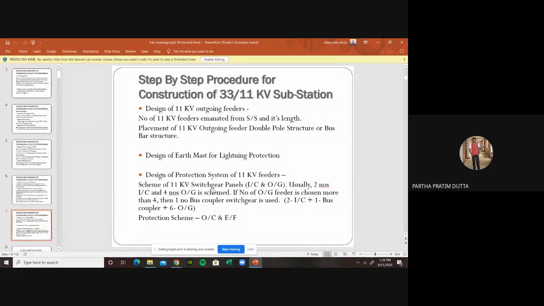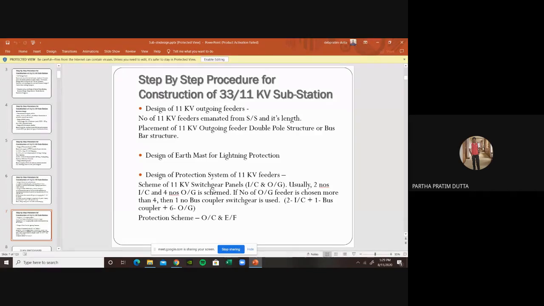And in case of 11 kV outgoing switchgear, usually we choose 2 incoming from 2 transformers, and then a common bus bar is there. And through the common bus bar, we usually do the 4 numbers of outgoing. This is the minimum scheme we usually choose for the outgoing 11 kV feeder for any 33 by 11 kV substation. But in town areas or urban areas, maybe it is 6, maybe it is 7, or maybe it is 8, depending upon, again I say, the demography and the load demand.